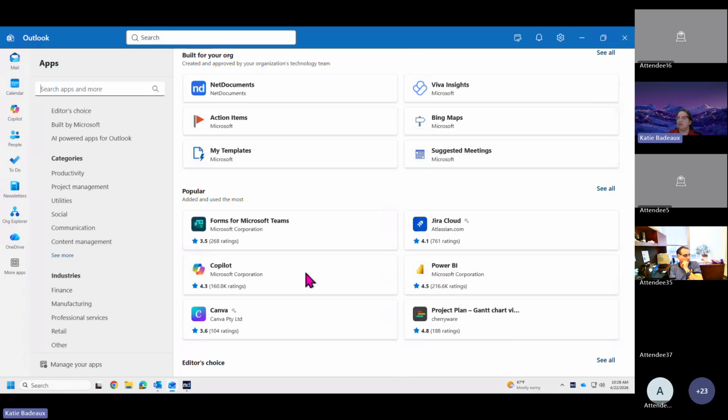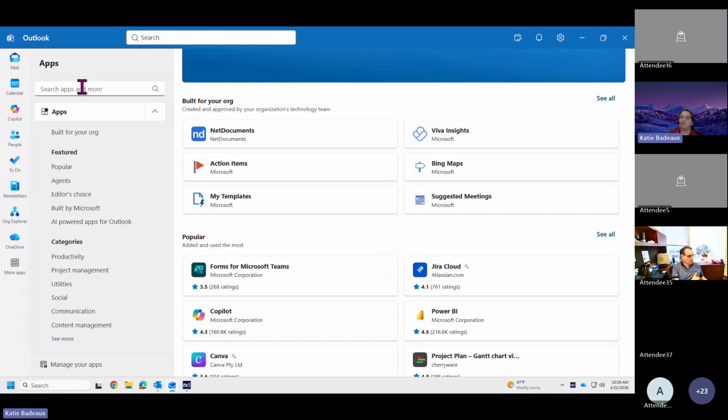So this is another thing you could do: come in, search for some tools that you frequently use, maybe even connections or add-ins that you had that you're not seeing come over from Classic Outlook, and see if there's an application here in New Outlook that supports some of those same features. So to go back to your original question, William, if you do need that Net Documents add-in, feel free to come in and search for it in the More Apps section,